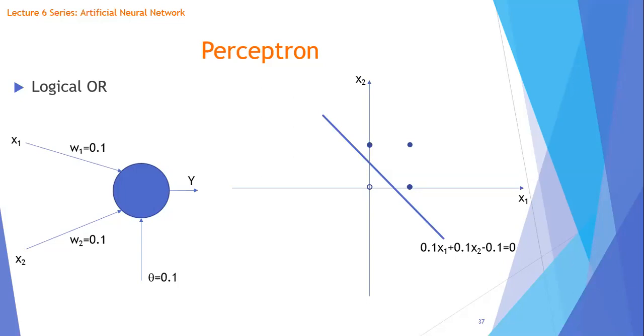So later in another video, we're going to see how we can train the perceptron to not set W1, W2, and theta in this way by drawing a line, but by just setting random values initially and allowing the algorithm to converge the values, allowing you to separate two classes. This will be the subject of the next video, where we're going to look at how to train your neural networks, starting with the perceptron, and the last video will be on the multi-layer perceptron. Now let's move on to the logical